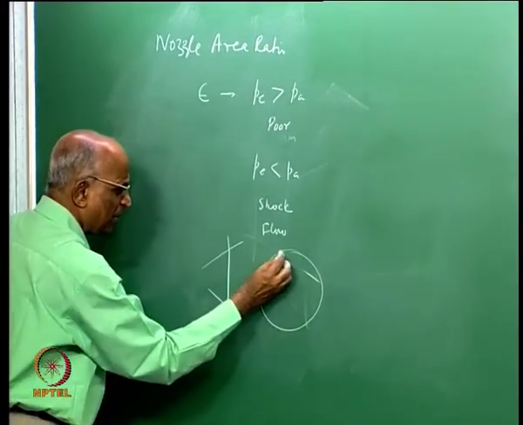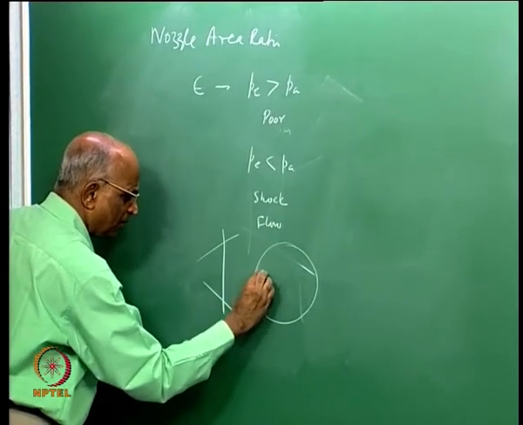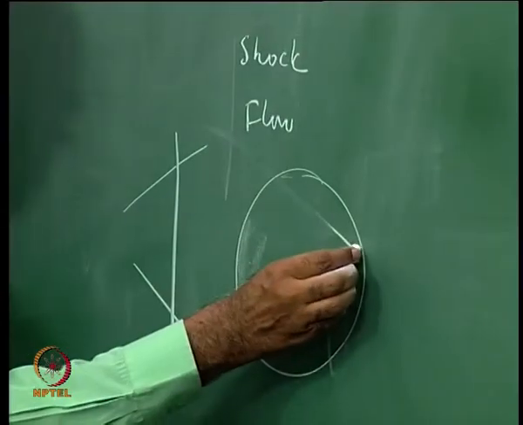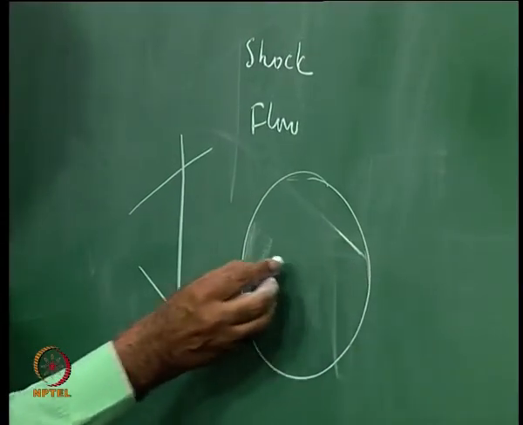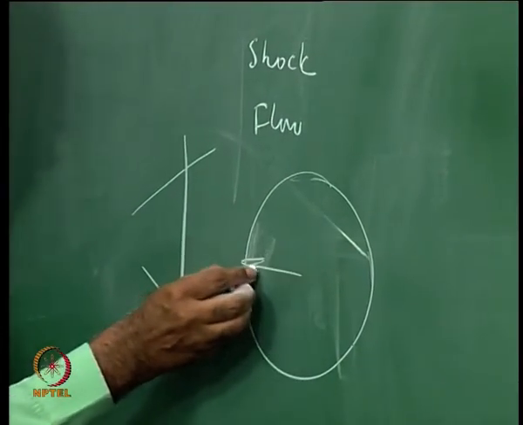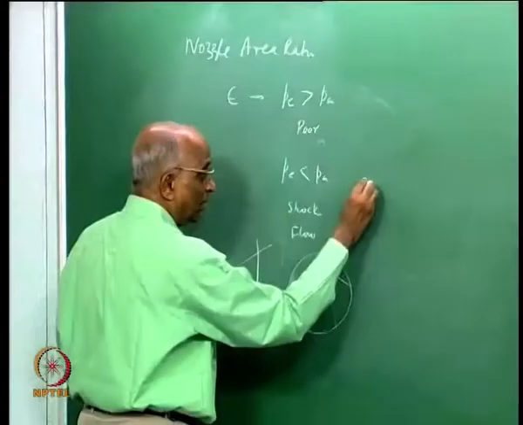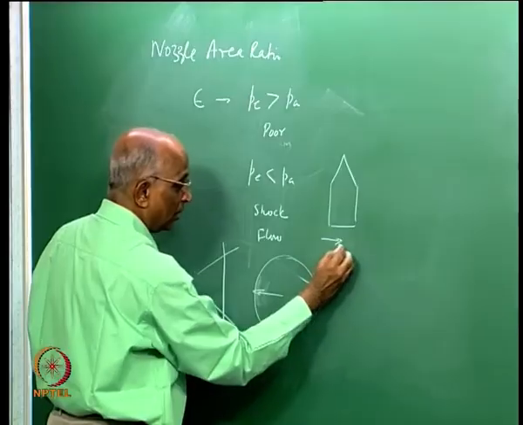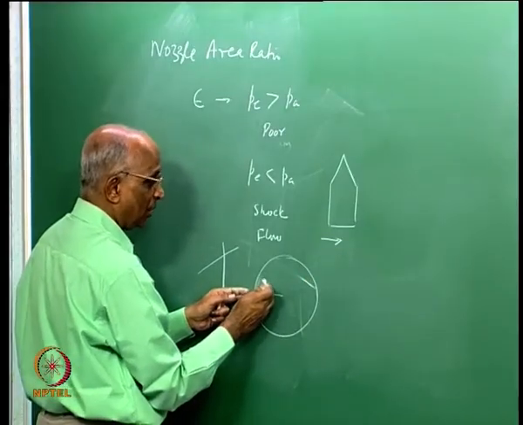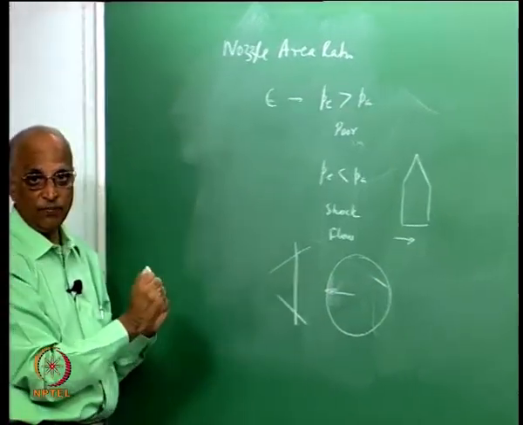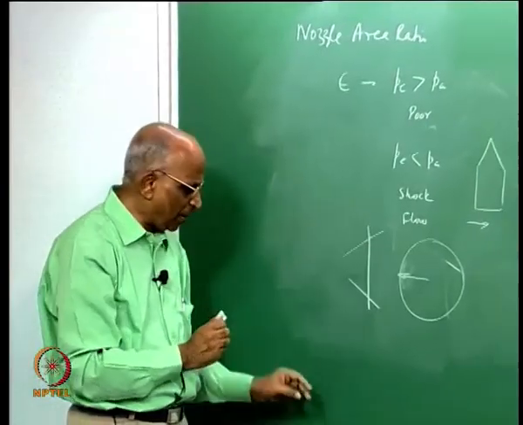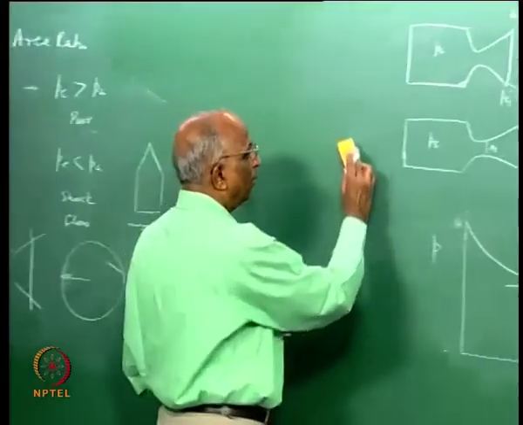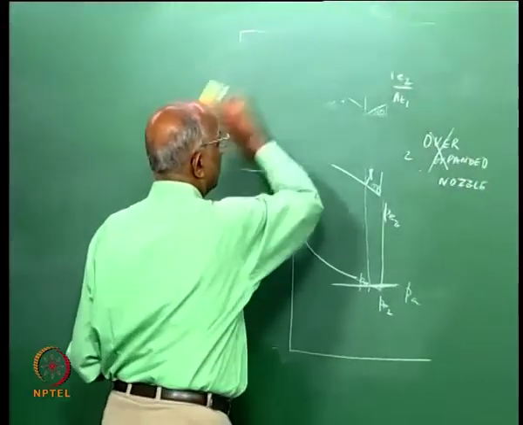Flow separation does not take place uniformly, with the result that at some place I have higher pressure where flow separation takes place, somewhere flow is not separating, low pressure, and therefore high pressure will give me higher force, and the rocket in that case will see something like a side force because of the higher pressure on the nozzle, and this is again not desirable. We will come back to this, but after seeing a few pictures on flow separation in nozzles,